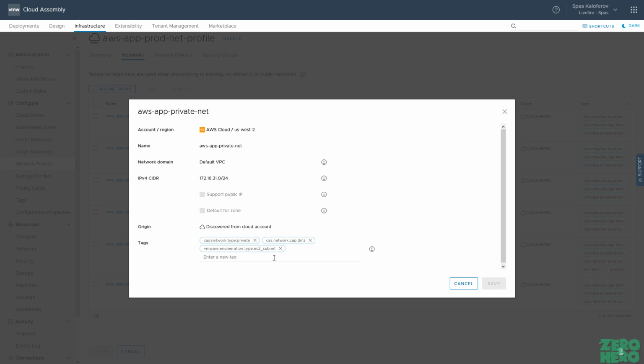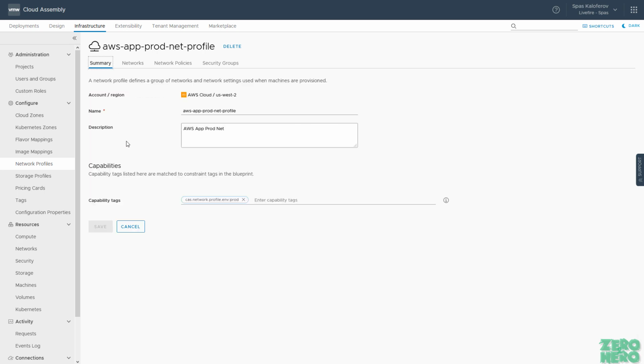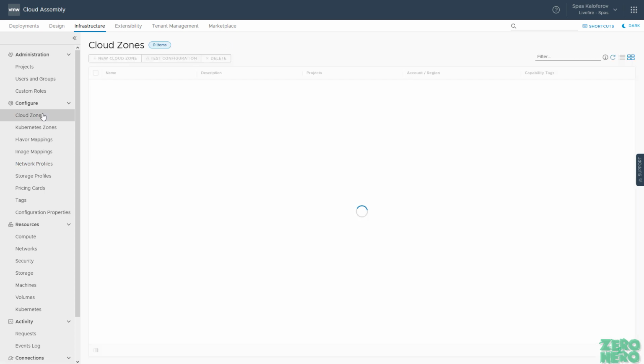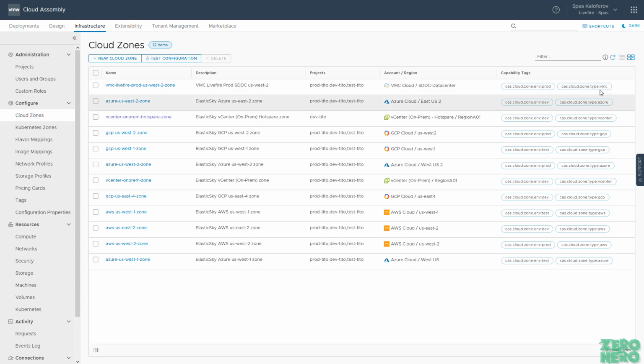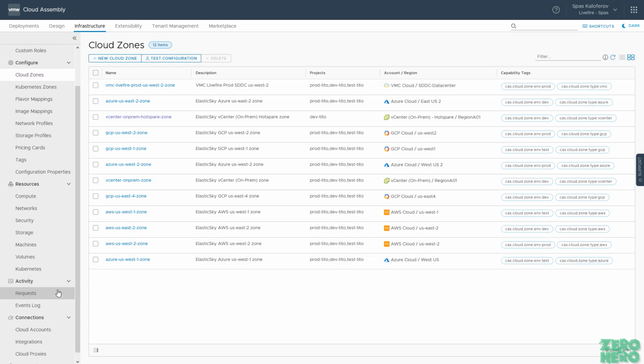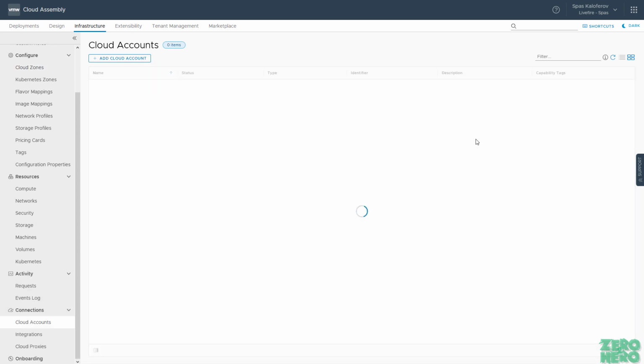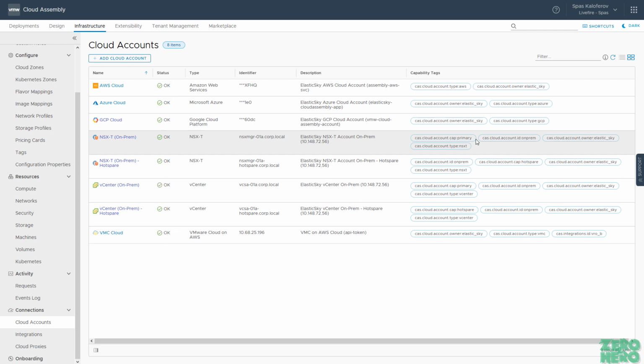I often see people adding, for example, tags like env production to notate that this is a production object. They will add this tag on the network. They will then go add it to the network profile. They will add it to the cloud zone as well. They'll add it to the storage. They'll add it to the cloud account. The same tag. This is not a good strategy